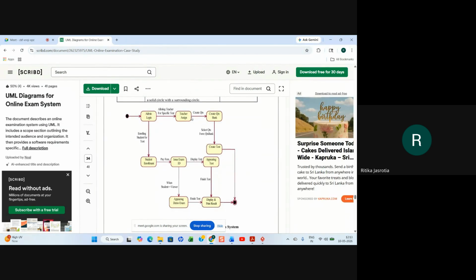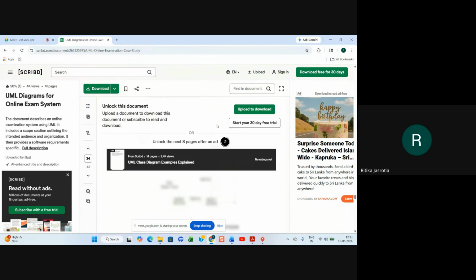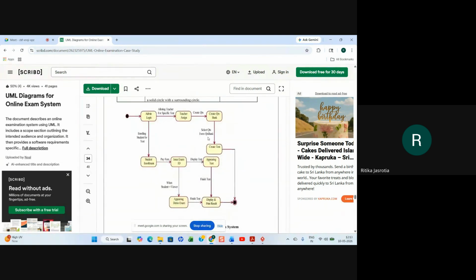So admin login, teacher assign, create question bank, right? Select question from question bank, create test, and stop. Admin login, enrolling student for test, student enrollment, pay fee, issue exam ID, appearing test, final test, display and print result, and issue exam ID when student is equal to viewer, appearing demo exam, finish test, and this is stop. This is what they have made.